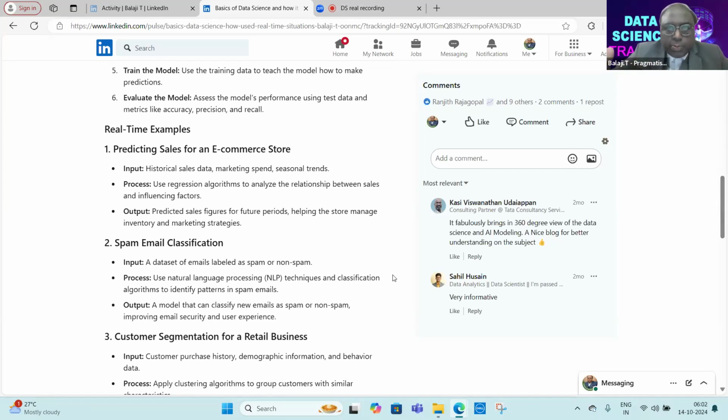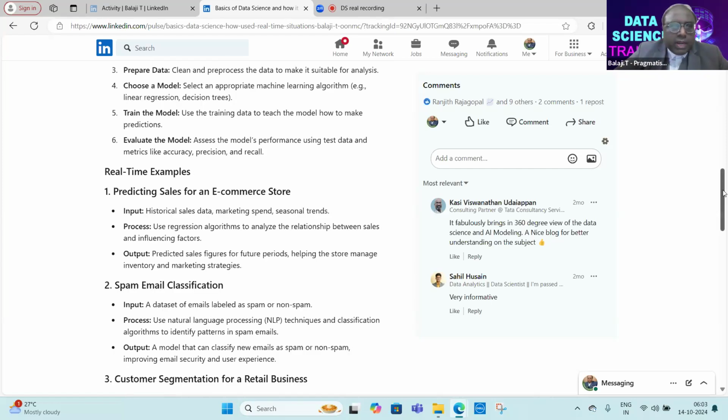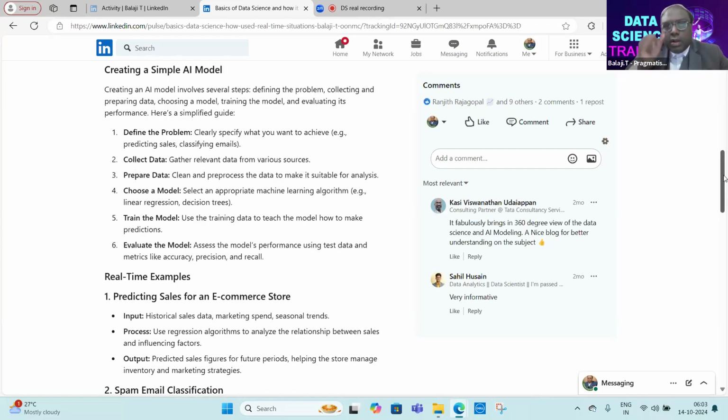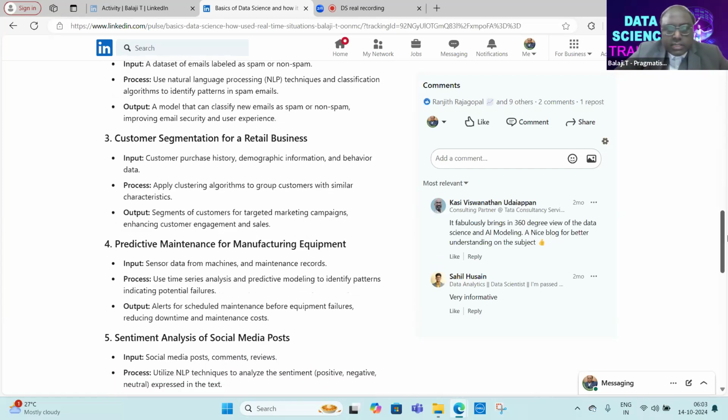If I want to predict the sales projection, particularly during the festive seasons, then I can analyze the sales data from the past and try to build a model, which is a very simple model, because the degree of variability will be in a very controlled manner compared to some other business use cases. In the world of data science, we call this a use case. Whatever business problem you are trying to solve, we use the term use case. First you need to define the problem. These are some of the examples.